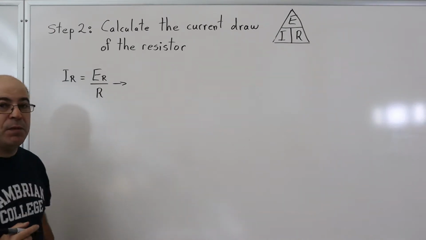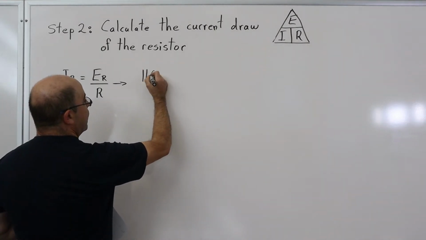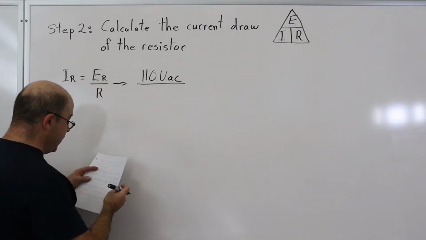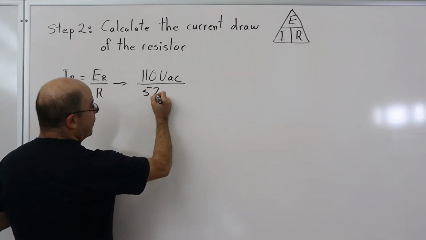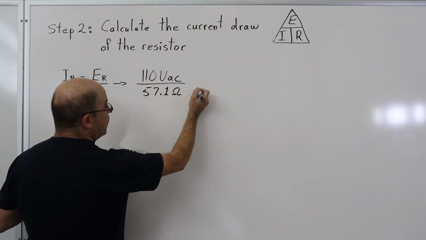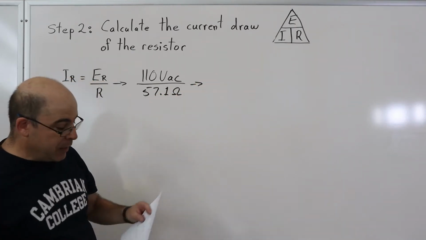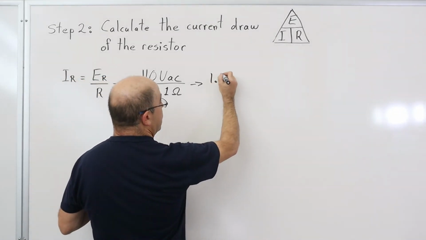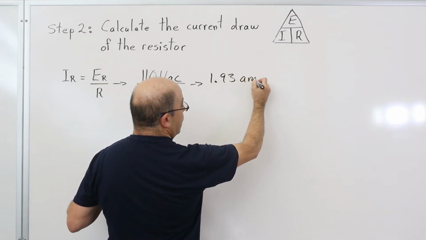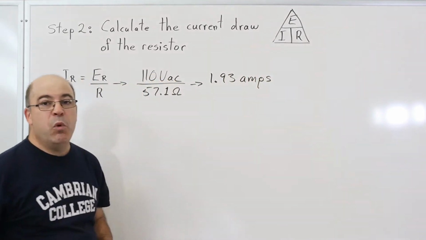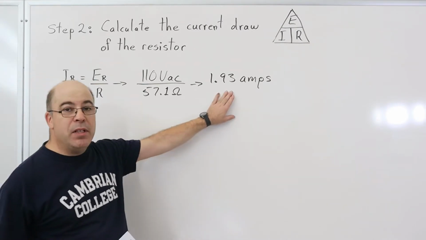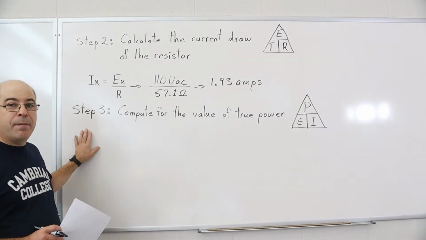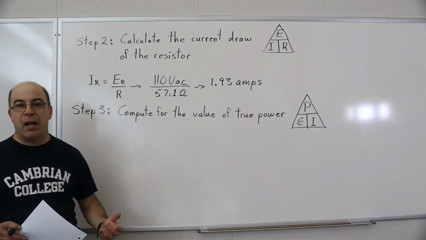So let's take the values. 110 volts AC divided by the value of resistance. Now that was 57.1 ohms. Type that into the calculator. You should have, as a result, 1.93 amps. Now that is rounded to 2 decimal places. Moving right along, we're going to go and jump to step 3, computing for the value of true power for